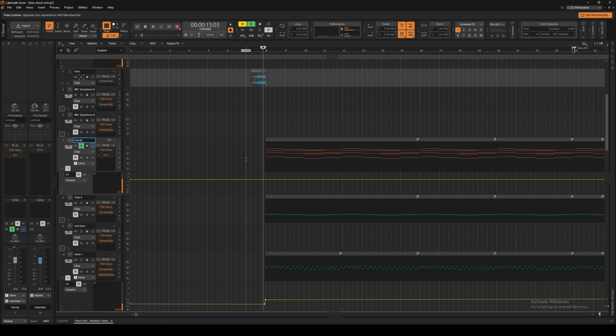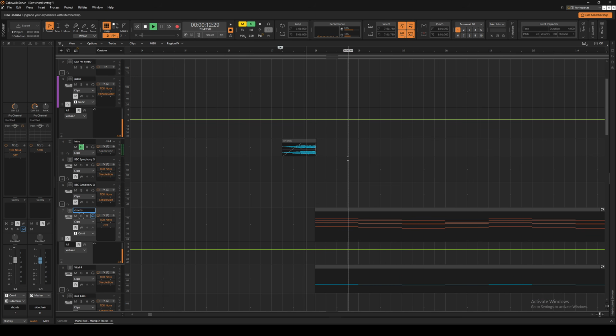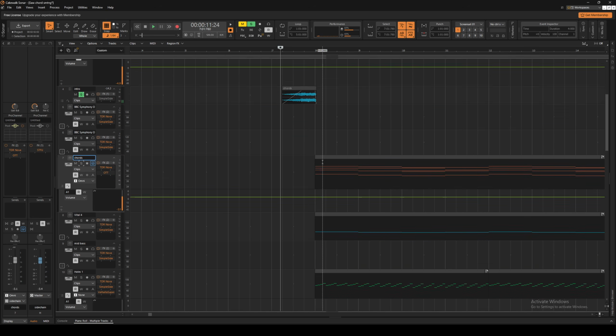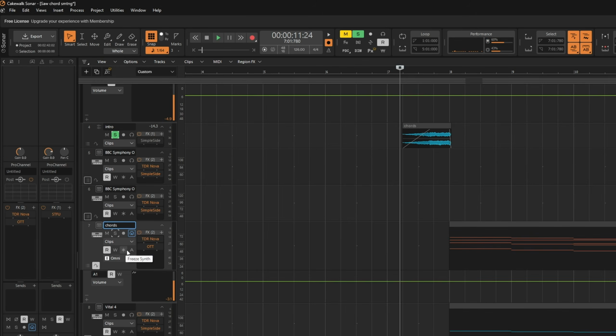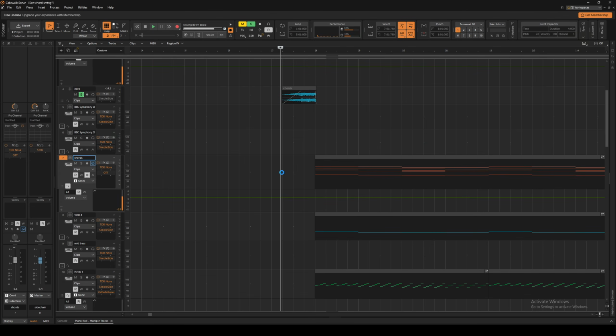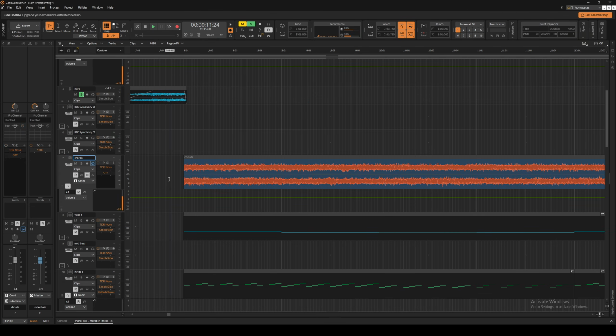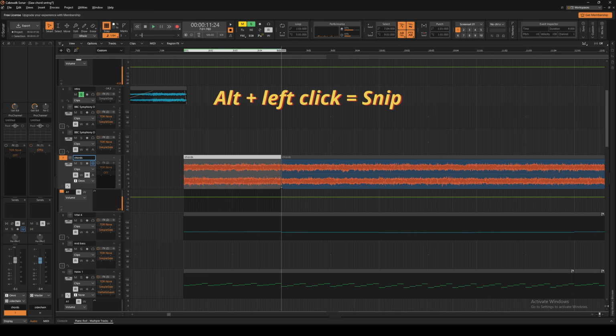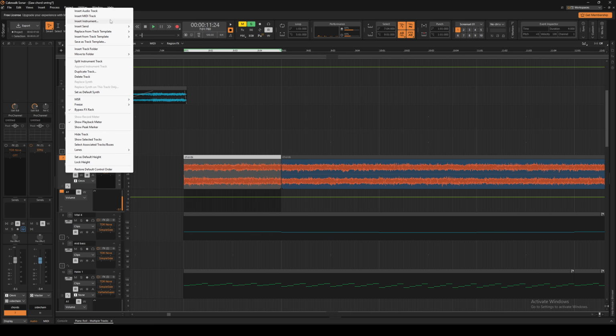Just before the chords play, there's this intro over here. I'll show you how I made that. This is made out of these chords. What I do is I freeze the chords track. You'll see this snowflake button over here. You freeze this. It will convert it into audio. You hover over this audio clip, hold Alt on your keyboard and then you left click. It snips it. Now what you do is you right click on this chords track and then you select insert